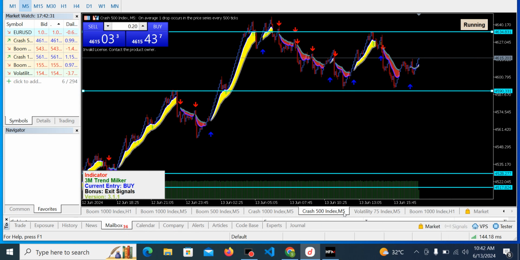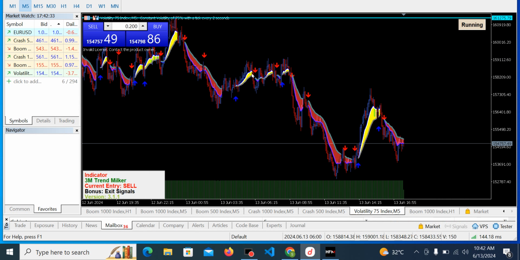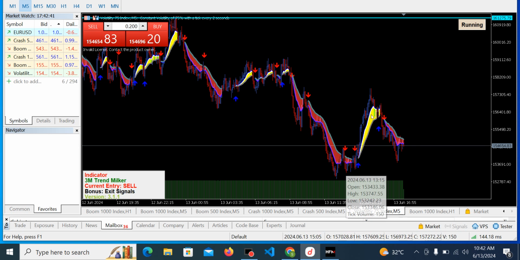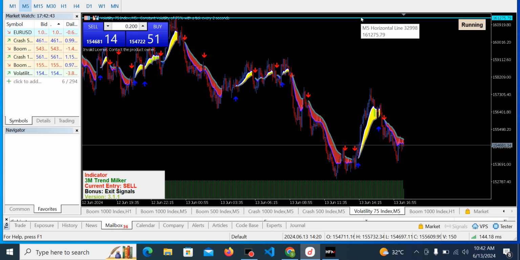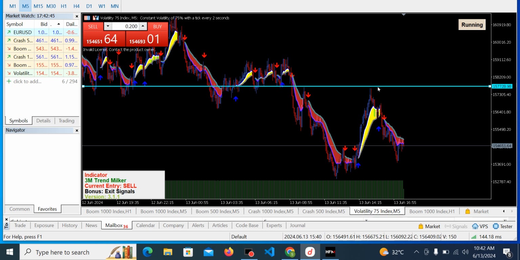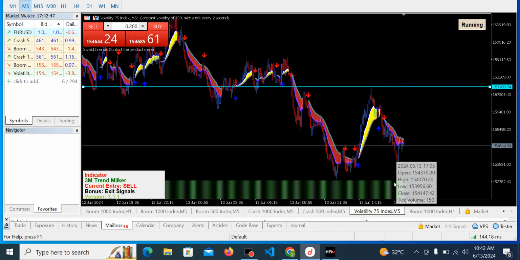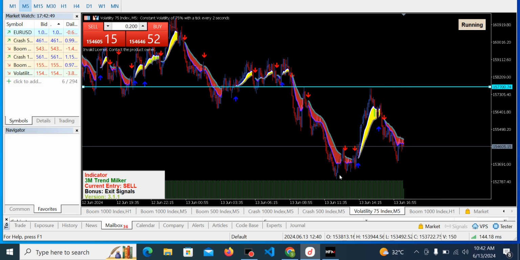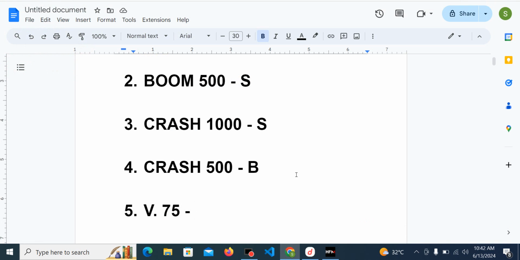The last asset is going to be Volatility 75. It started the downtrend from here, got to this region, had a pullback, and of course went back down again till it got to this support zone. Right from there it started an uptrend, but was unable to break out above this resistance zone, so it is selling at the moment, and we'll be trying out this support zone again. So this is going to be more of a selling opportunity than a buying opportunity.